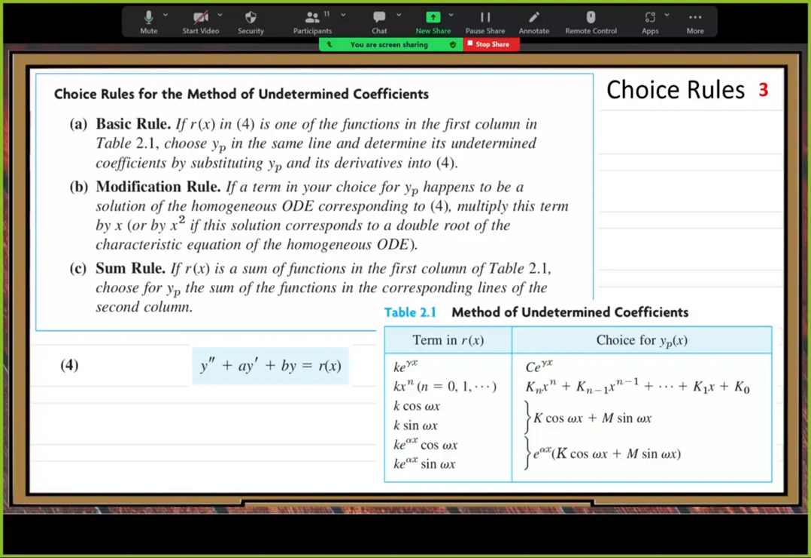So let's look at these three rules. First one, basic rule. If the R function in equation 4 is one of the functions in the first column in table 2.1, choose YP in the same line and determine its undetermined coefficients by substituting the